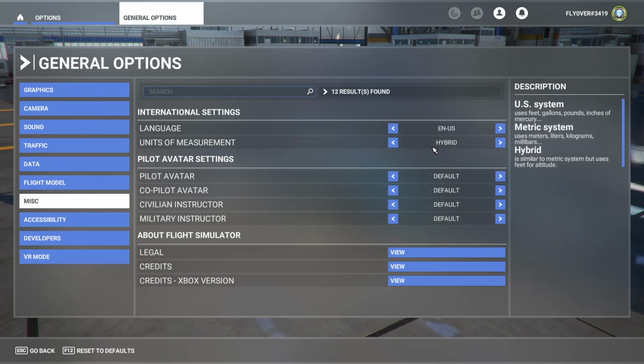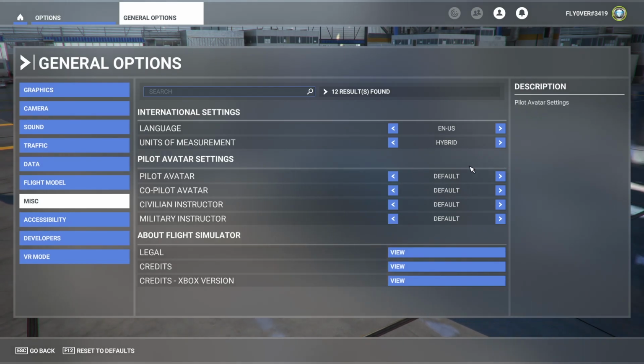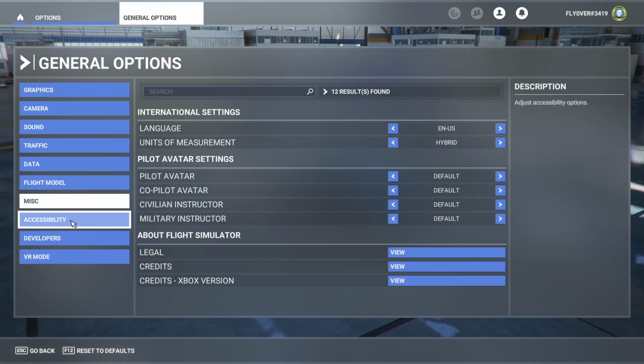Here I have my units on hybrid because it will decide by itself. For example, if I fly in the US, it will put my QNH on inches of mercury. If I fly in Europe, it will automatically put it into hectopascals, so that's something. And this is default, so nothing much. Okay, and actually there is only one important